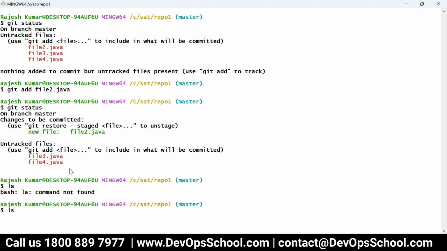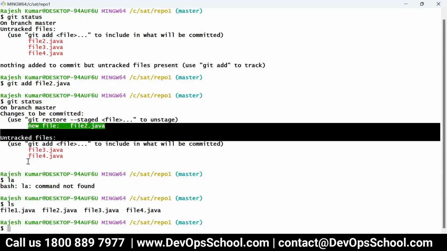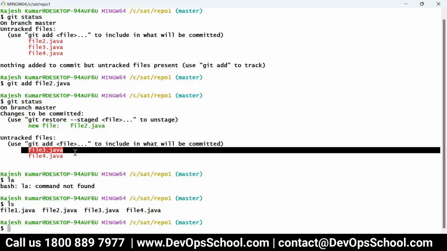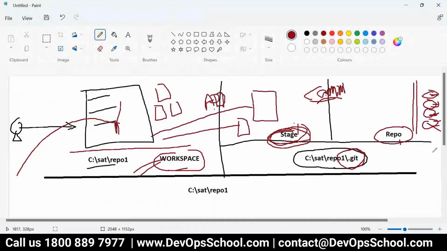Now you see file one also here. File one is not showing in staging, nor in untracked files. Why? Because we have already versioned it. Git got to know that whatever changes we had in file one were committed.